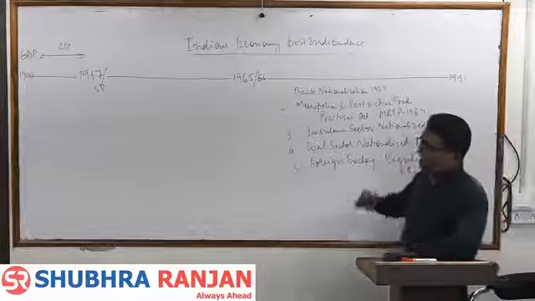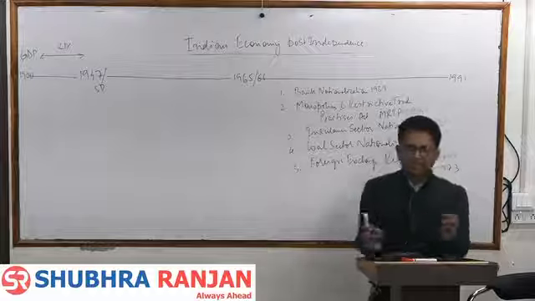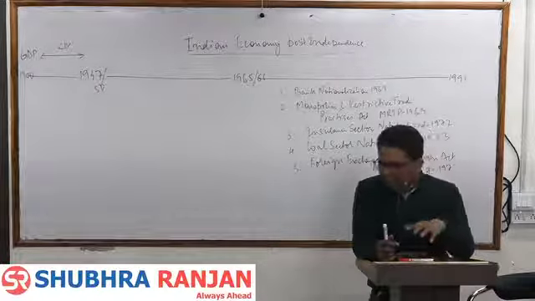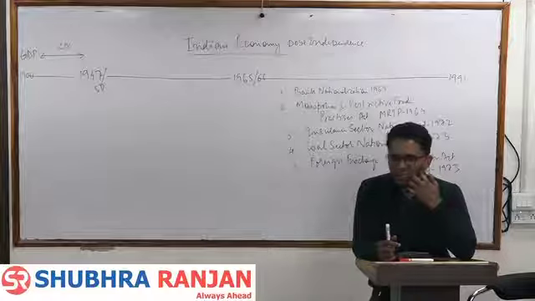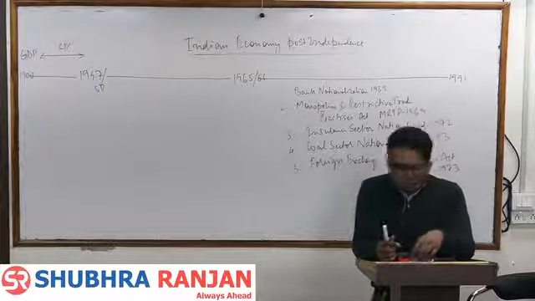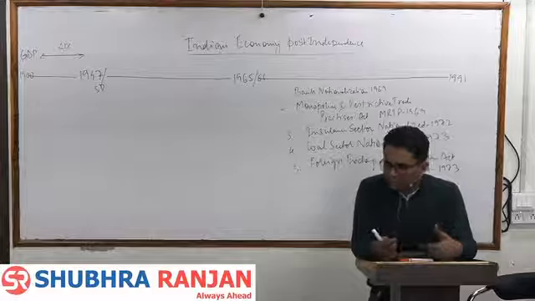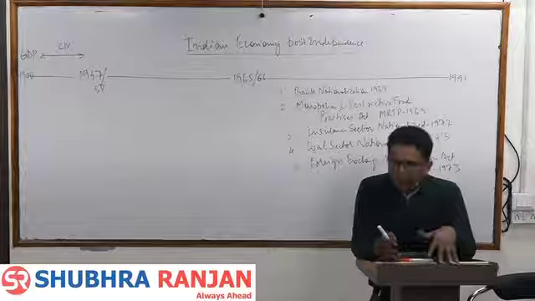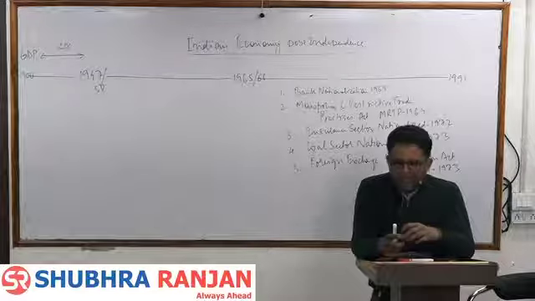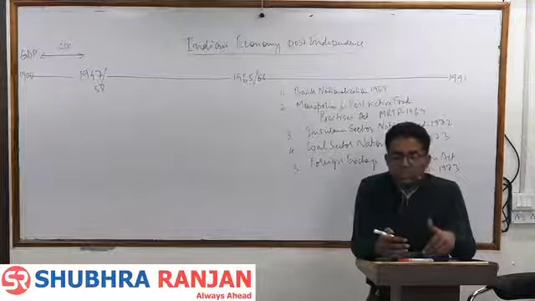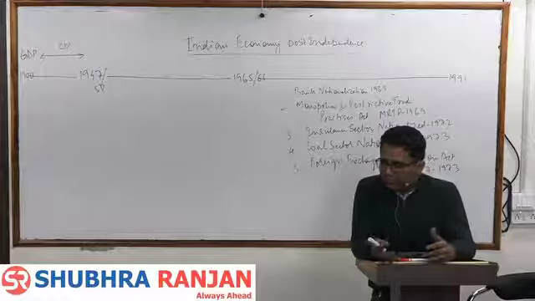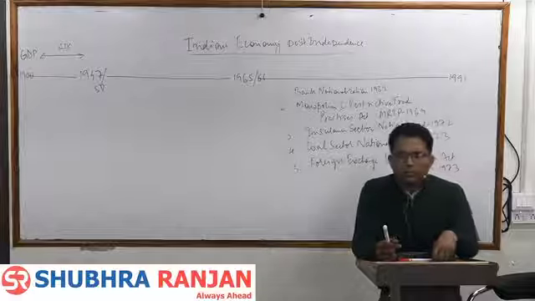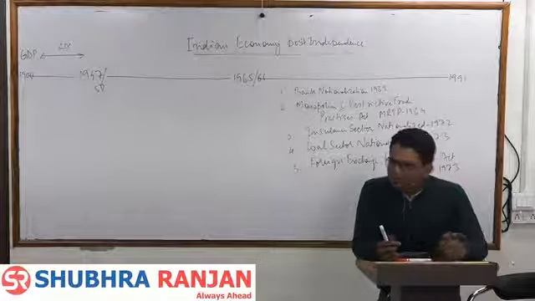So bank nationalization, 1969. The purpose of bank nationalization was that there was a huge credit gap in the rural areas and a lot of banks were not opening branches in rural areas, so the government thought that if it nationalizes and takes over these banks, it will force these banks to give credit to rural areas. So in that way this was successful, the bank branches increased a lot, but most of the public sector banks turned into losses.